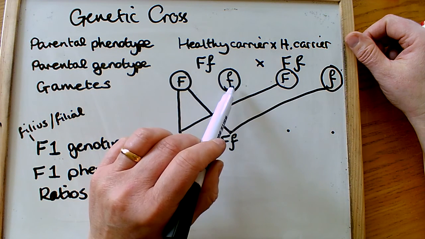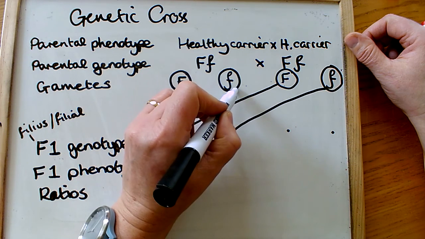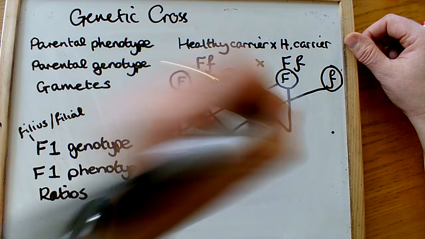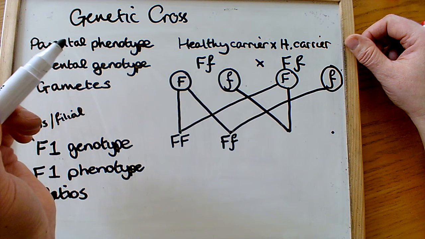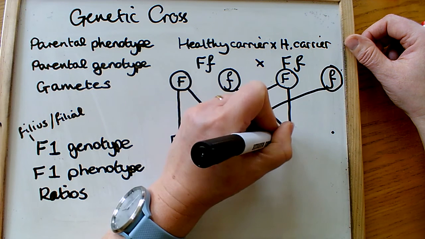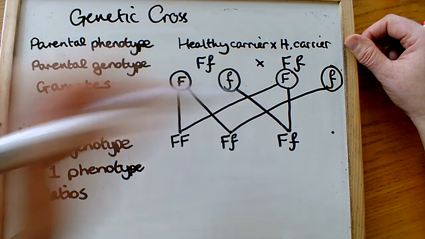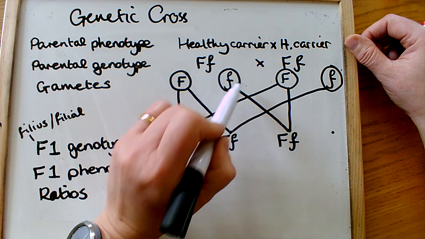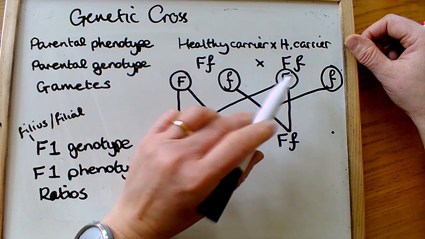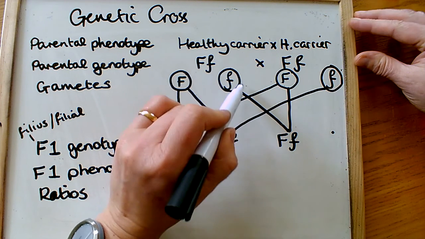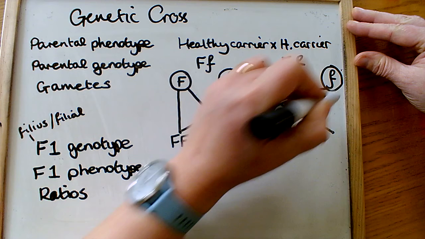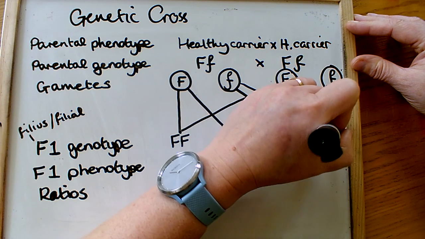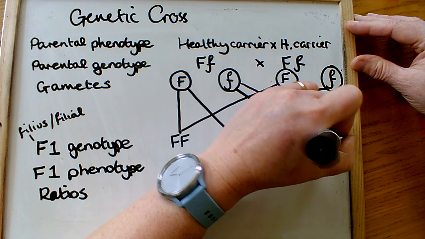Now we can move on to this one, and we can say, well, what will happen if this one combines, first of all, with this one, and we write down a dominant allele first. So we don't write little f, big F. We write big F, little f, just a standard protocol for how you write it. And then can you see again, this one's not been completely used yet. I've only tried it with this one. I've not tried it with this one. So that's going to be my last cross, is that combination, which is going to give me my homozygous recessive